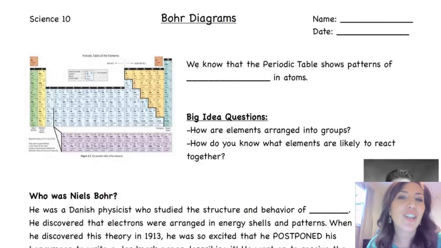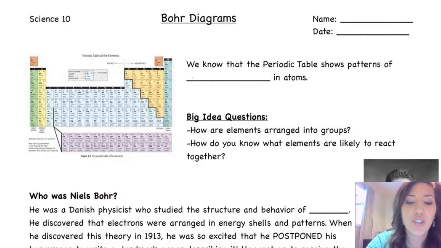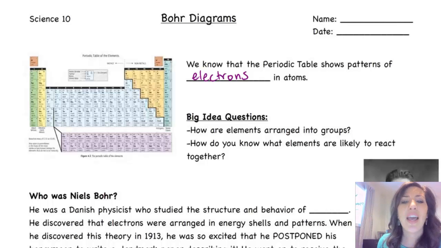Today we will be looking still at Chapter 4, but diving in a little bit deeper to Bohr diagrams. Now, in our last video, we talked about the periodic table of the elements, and we know that the periodic table shows different patterns of electrons in atoms. So today our big ideas, the things that I want you to walk away having a better understanding of are how are these elements arranged into their different groups, and how do you know which elements are more likely to